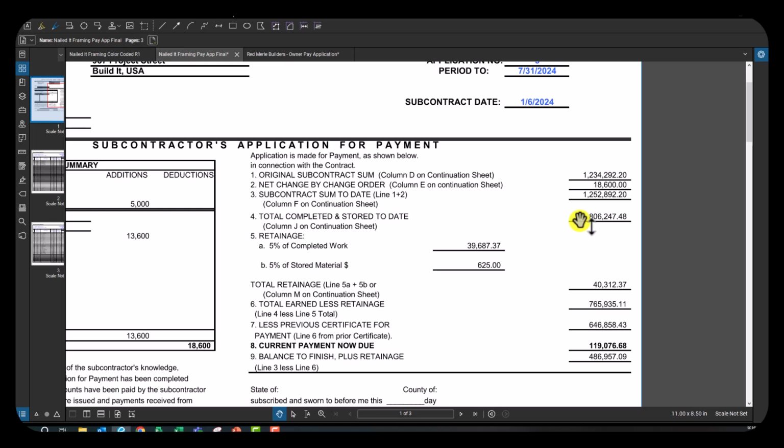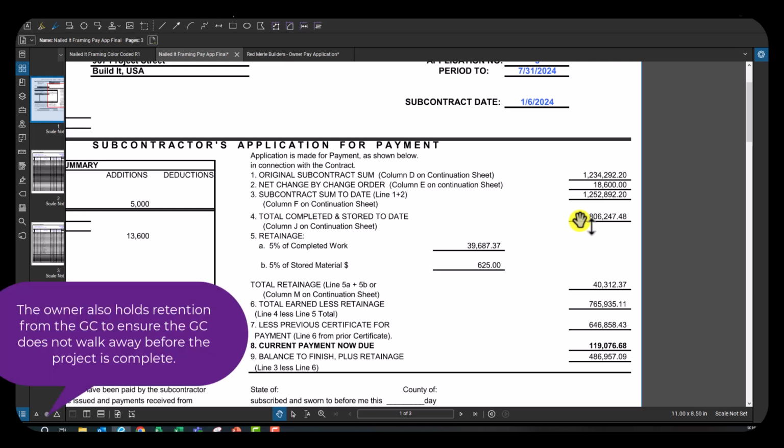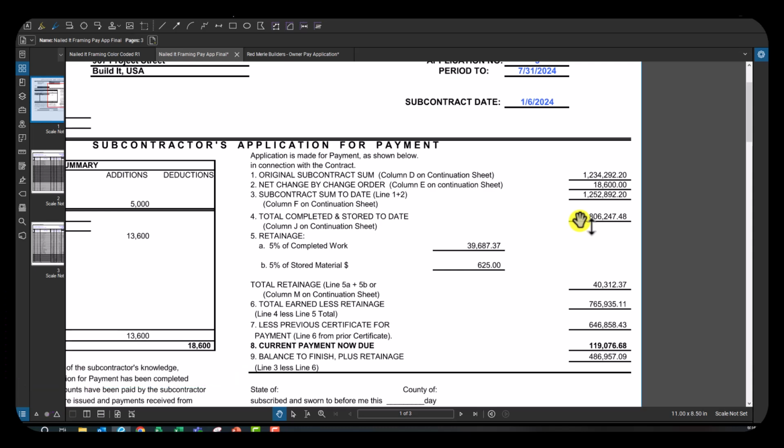The retention of that work, in our case, is only 5%. It is most common for it to be 10%, but my company only holds 5%, and that retention ensures that your subcontractor is not going to walk away from the project before the very end. So the general contractor will hold that retention until the project is 100% complete, then release it as a lump sum to the subcontractors. So in our case, 5% of the completed work is a total of $40,312,